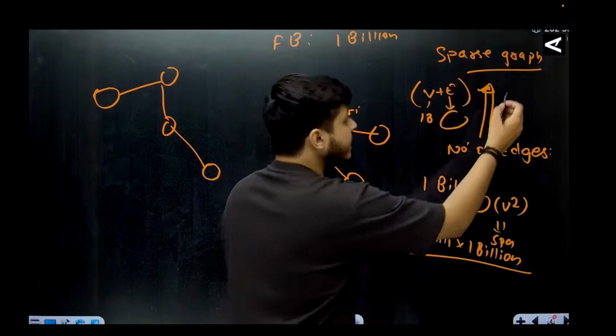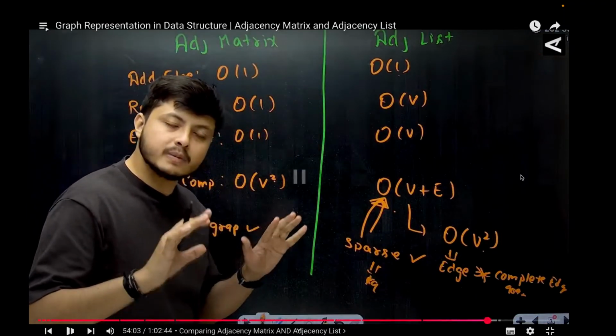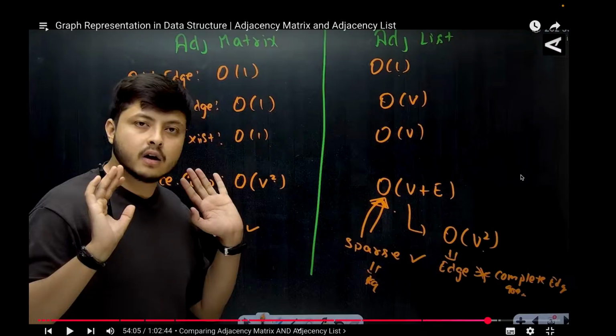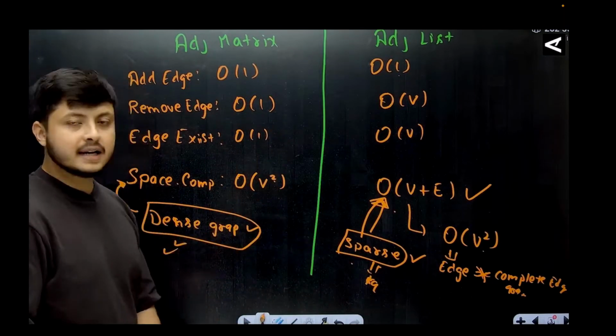तो इस केस में हम किसको प्रेफर करें? मुझे पता चल गया कि स्पार्स ग्राफ में हम एडजेंसी लिस्ट को प्रेफरेंस दे रहे हैं। क्यों? क्योंकि ये स्पेस काफी कम यूज करता है। लेकिन अगर आपके पास डेंस ग्राफ है तो आप आंख बंद करके एडजेंसी मैट्रिक्स यूज कर लो। लेकिन अगर आपके पास जो ग्राफ है स्पार्स है, उसमें नंबर ऑफ एजेस काफी कम है, तो वहां स्पेस बचा के हम इसको प्रेफर करते हैं। स्पार्स के लिए ये लॉजिक समझ आ गया, और डेंस के लिए हम इसको क्यों यूज कर रहे हैं। आई होप ये क्लियर हुआ। हाँ जी, यहाँ तक तो क्लियर है।